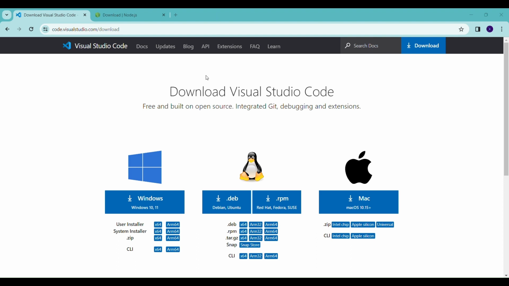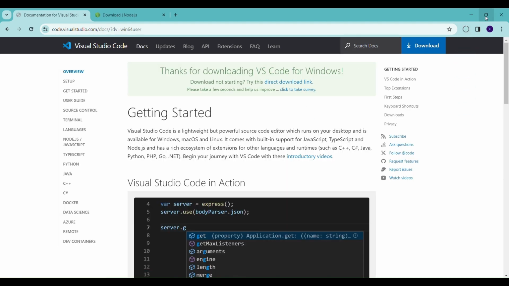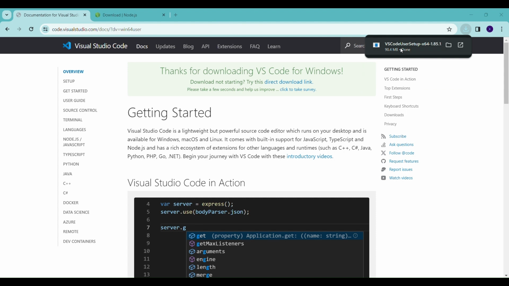First of all we have to go to their official website. And for the system that you are using, you have to download the version accordingly. I am currently using Windows 11, so I'll download this version. And here the download started. Okay, so the download has been done. We'll just open it once.